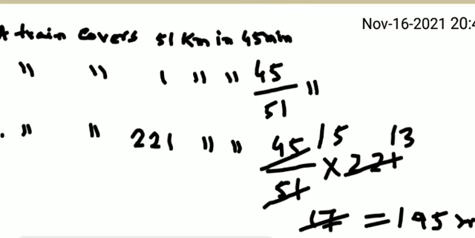Now come to the next question, question number 8. Question number 8 here tells that if 22.5 meters of uniform iron rod weigh 85.5 kg, then what will be the length of 22.8 kg of the same rod? So 22.5 meters of uniform iron rod weigh 85.5 kg. What will be the length of 22.8 kg of the same iron rod?